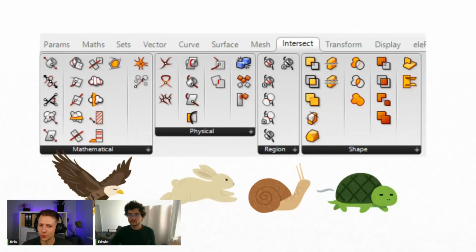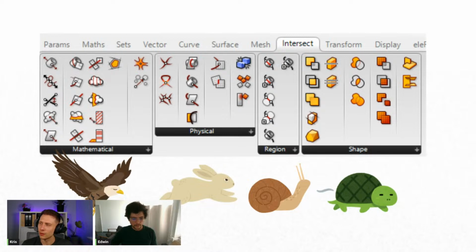Okay. So to summarize, we have this slide where the shape components are really slow, and on the left side we have the mathematical components which are really fast. But Edwin, from your experience, you said that you have been working for 6 years with product development and script optimization.